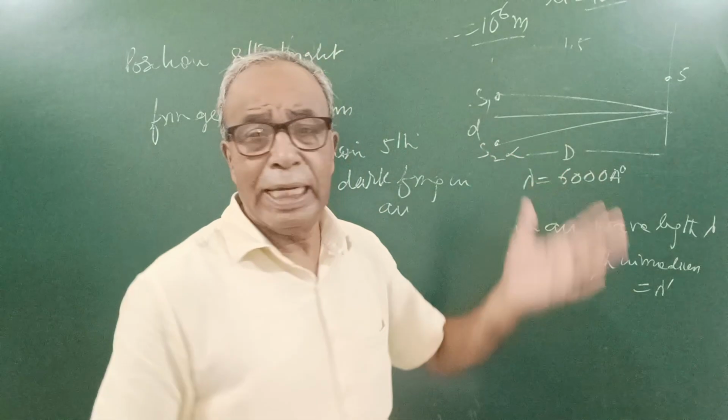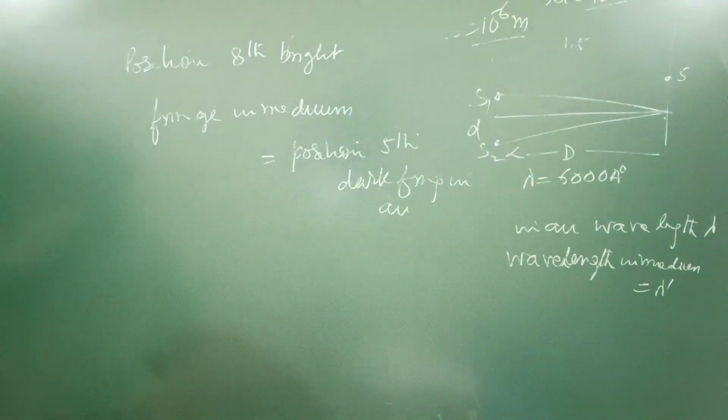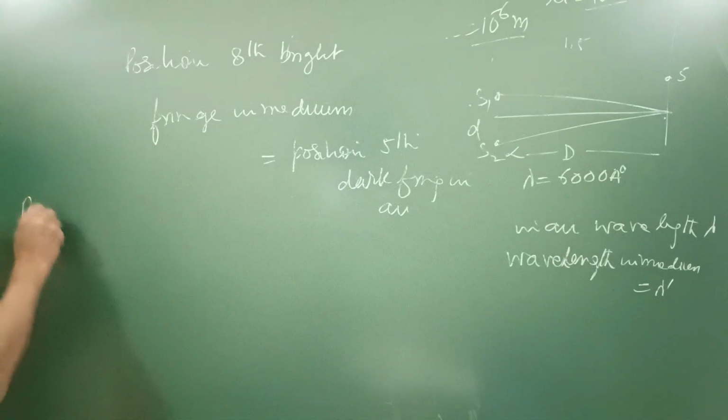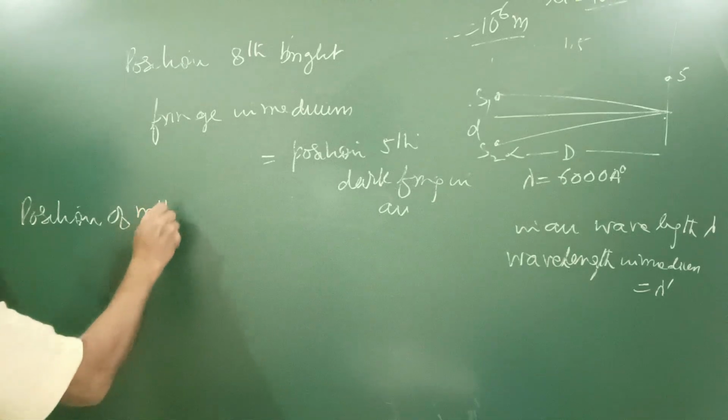So when we change the medium, only the wavelength changes, and the position of the mth dark fringe